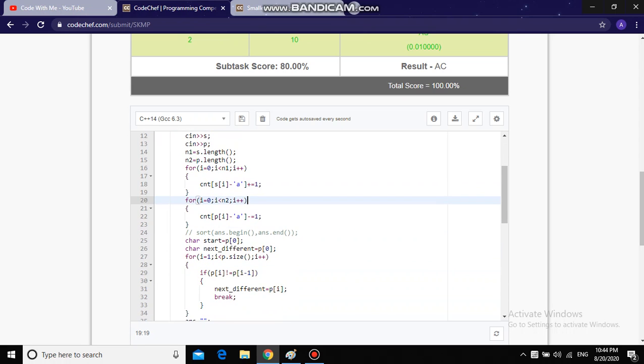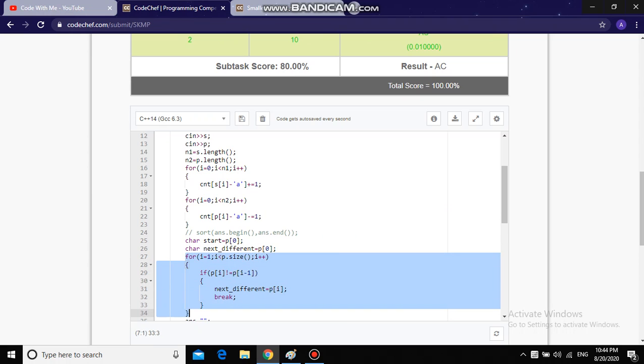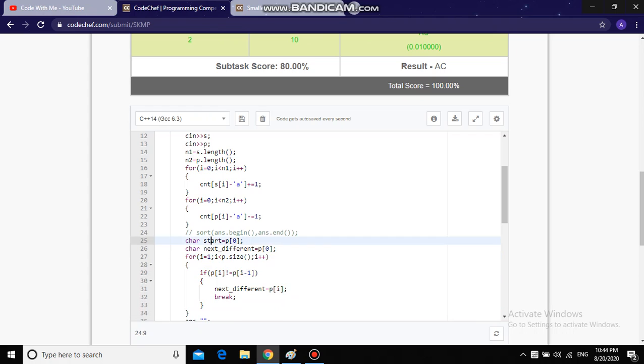So now we will just use two characters. The first character is start, it will be the first character of the P, and the next character we are taking is next different. Next different is the first character which is not similar to the previous one in the P. For example, we are iterating over P. We got the first character here in the start.